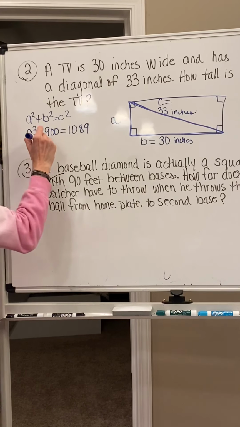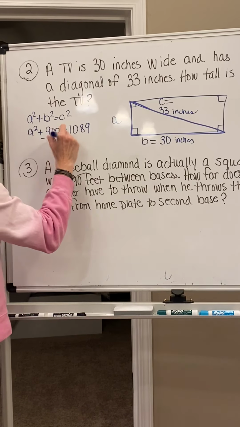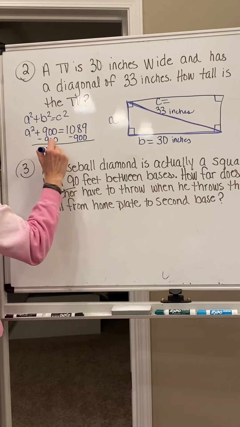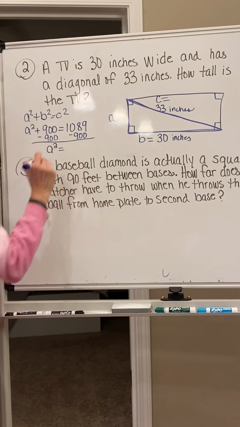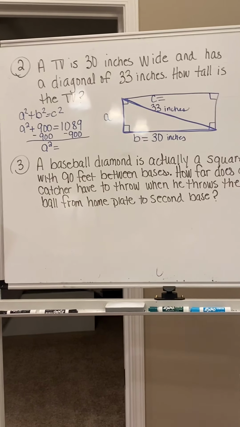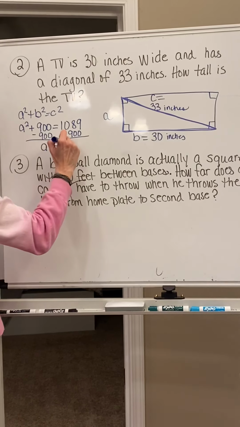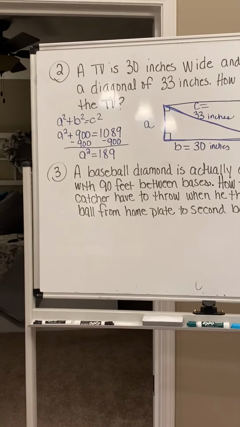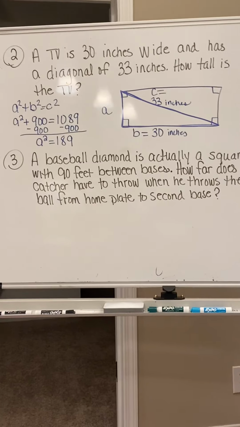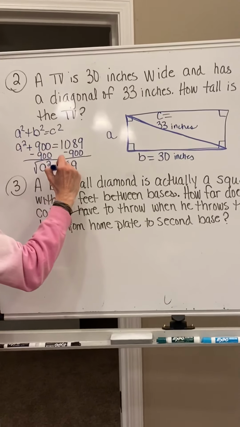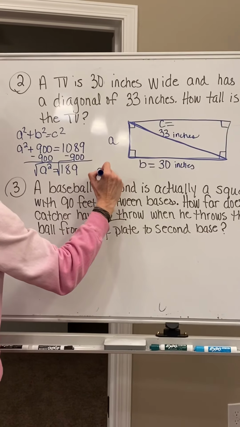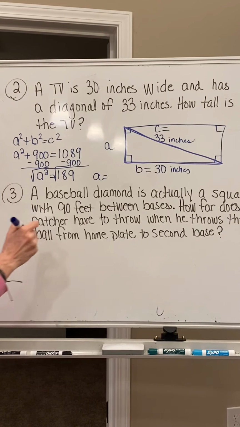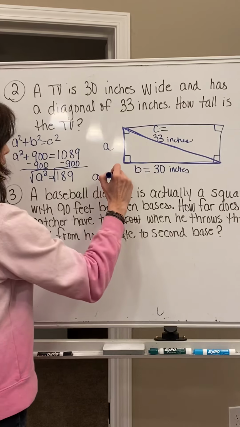Now, we're solving for a leg, so we're not going to add in this step. We actually have to subtract. We're going to subtract 900 from both sides. So now we have A squared by itself, and 1,089 minus 900 is 189. Remember, your last step when you're doing the Pythagorean theorem is to take the square root. So I have to take the square root of both sides. The square root of A squared is A, and the square root of 189 to the nearest tenth is